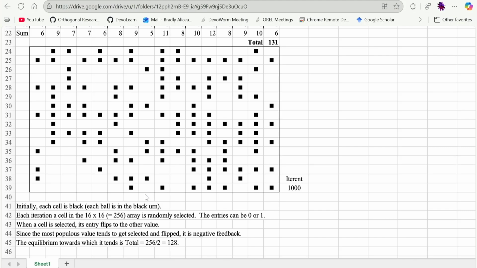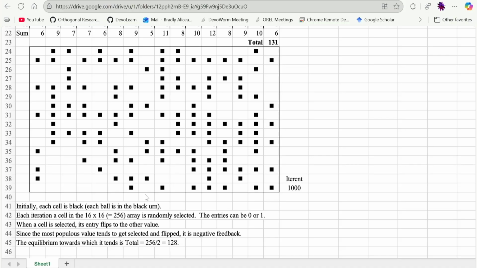We're drawing balls out. We have an equal number of zeros and ones, and we're just drawing them out at random and placing them on the board. In this case, we have a uniform initial condition, which is that every ball in that urn is black, and so when we reach out and we put something on the board, it's always a black ball, and all of our cells then have black balls in them.